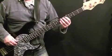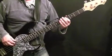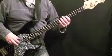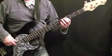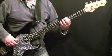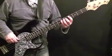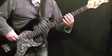Then you need to move up to C sharp here at the 4th fret of the A string. And so that pattern is 2 C sharps, 2 G sharps, 4th fret of the E string, C sharp again, and then D sharp at the 6th fret of the A string. Then you're down to a G sharp,